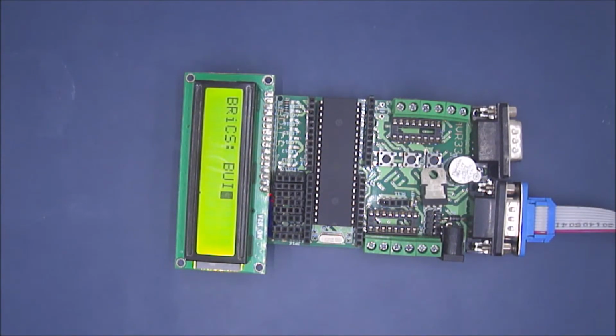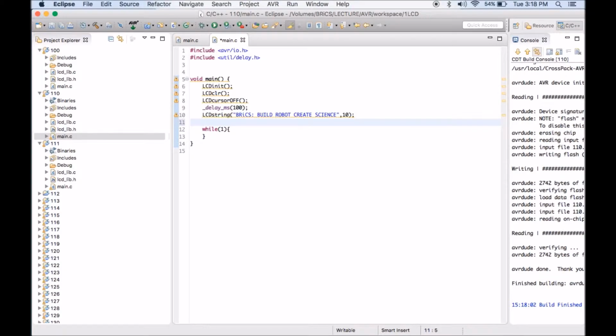Sometimes we may prefer not to use this number. Instead of writing this number, we may want to print the complete text on the screen without counting. In that case, we can use a separate function called LCD display. Here we can write whatever text we want to print, and there is no need to give any size of text.